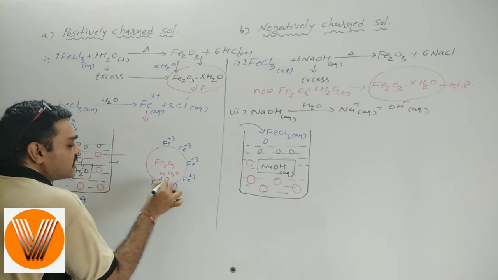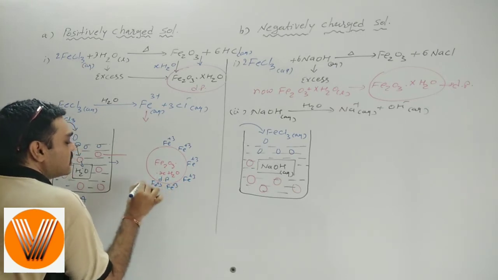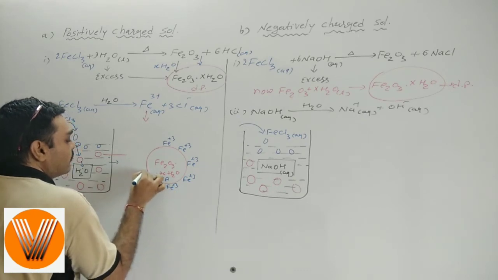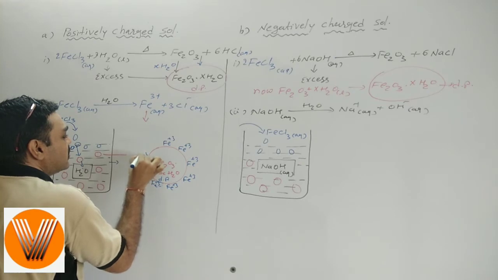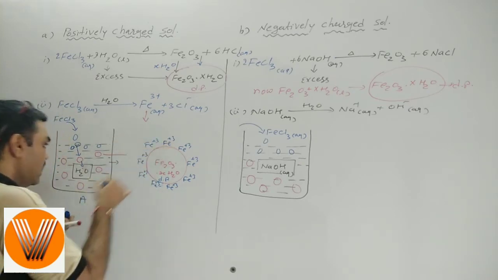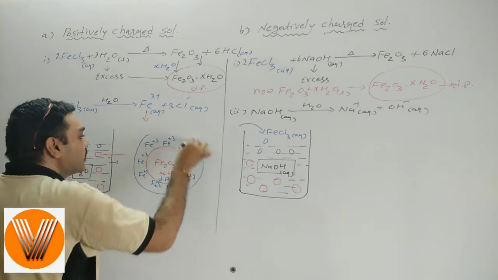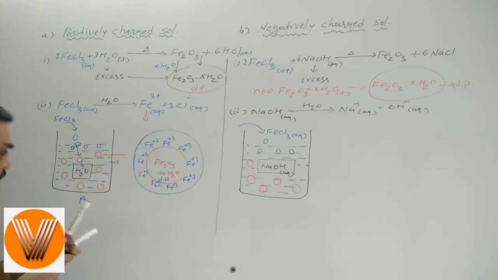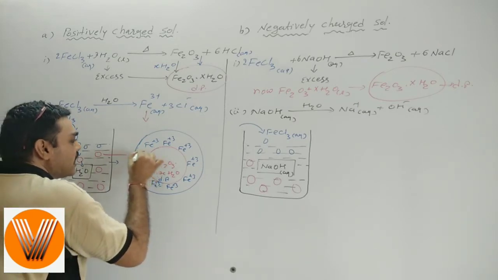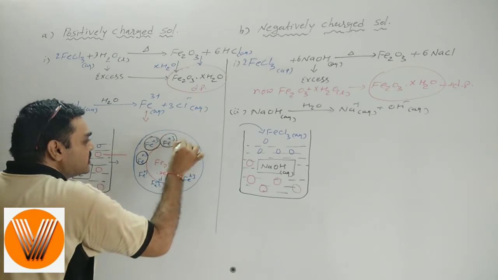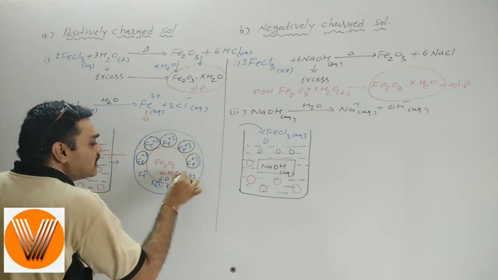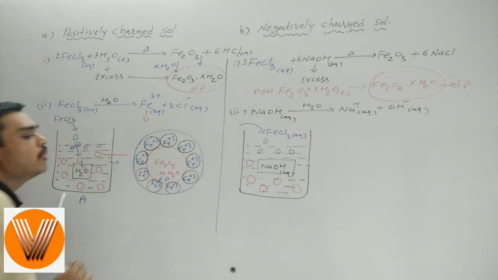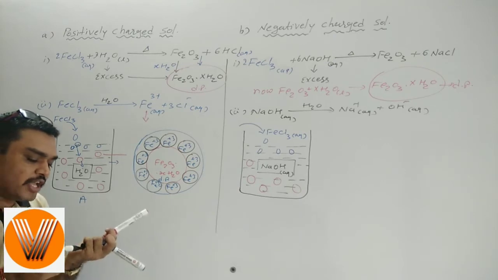Fe3+ ions adsorb on the surface of this Fe2O3.xH2O dispersed phase particle and make a fixed layer. It cannot move, because each Fe3+ is directly adsorbed on the surface of Fe2O3.xH2O. And if it is chemically adsorbed, then it makes a fixed layer,